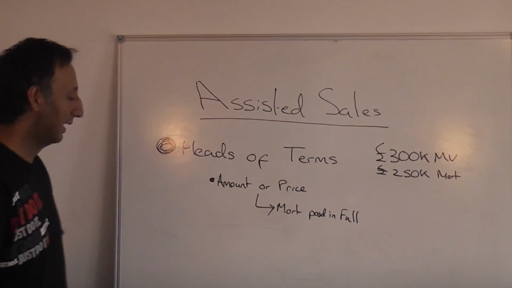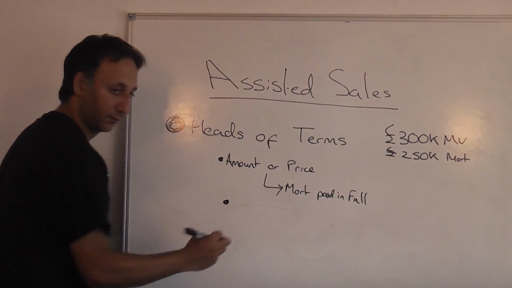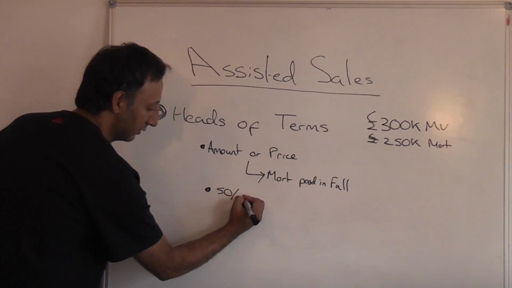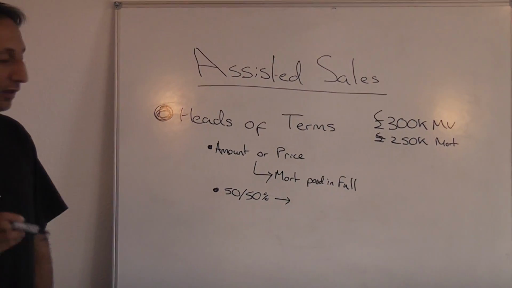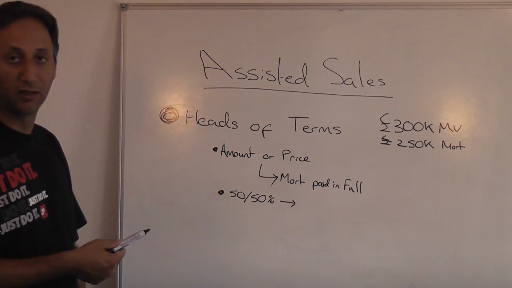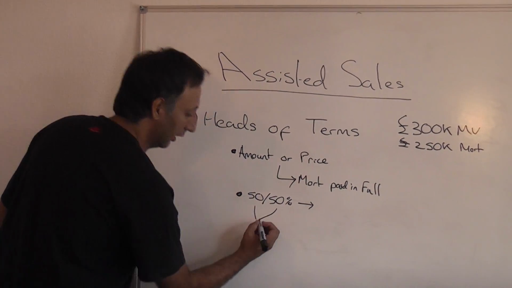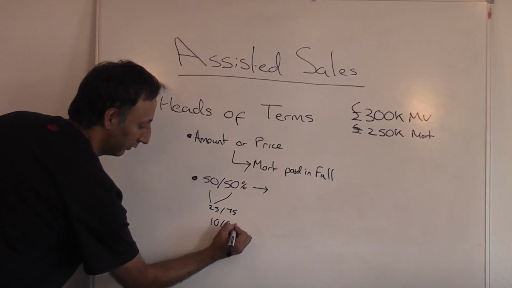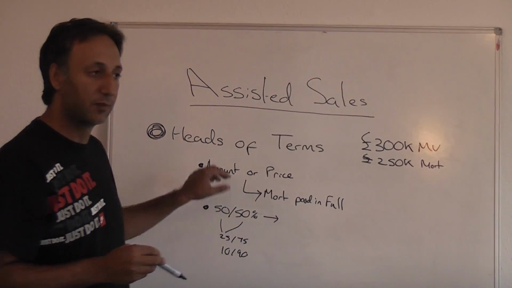You'll then have in the heads of terms something which talks about what happens to the money above that. So I would write, just for simplicity's sake, that it's 50-50 here. So it says 50% of anything that the property sells for above the 250 is split between the vendor, the seller, and me, the investor, on a 50-50 basis. Now you could do this on a 25-75 basis, or a 10-90 basis, or anything you like, but always remember to give them something,